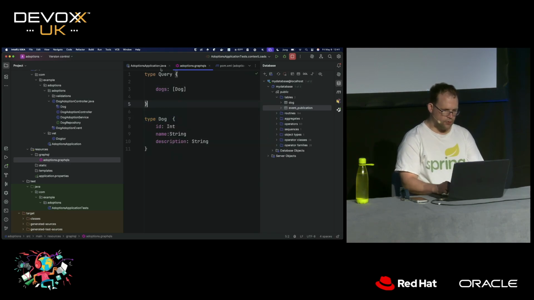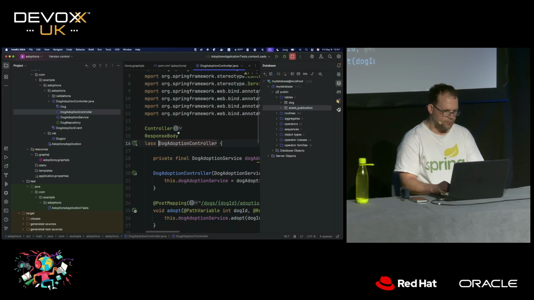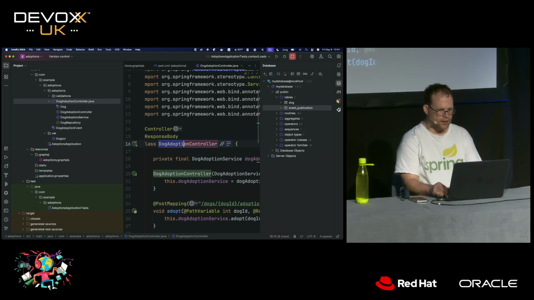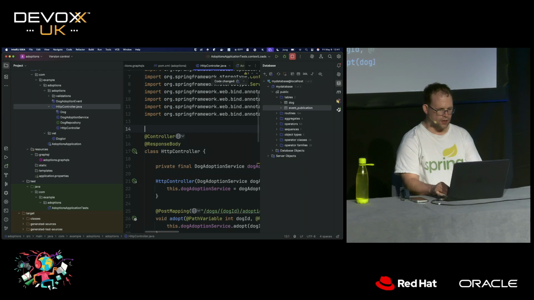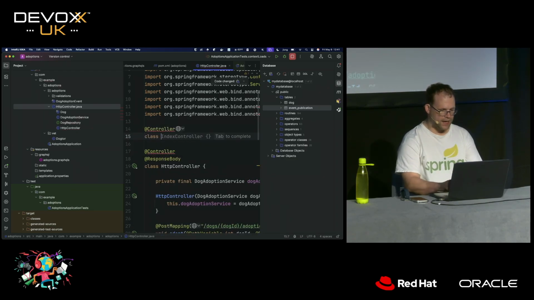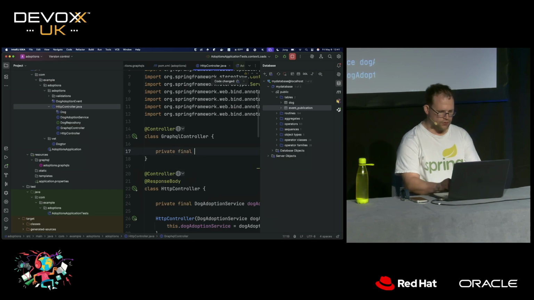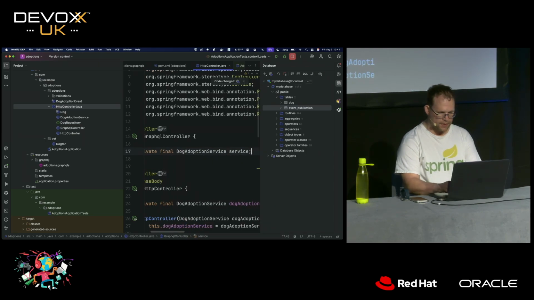Let's go ahead and now implement that controller. So this is one of the things I love about GraphQL, that it's schema first, right? You don't have to graft it on like we have to do with regular sort of REST and stuff, okay? So add controller, class, GraphQL controller. Okay, and again, we're going to keep this very simple, so I'll inject this service here.